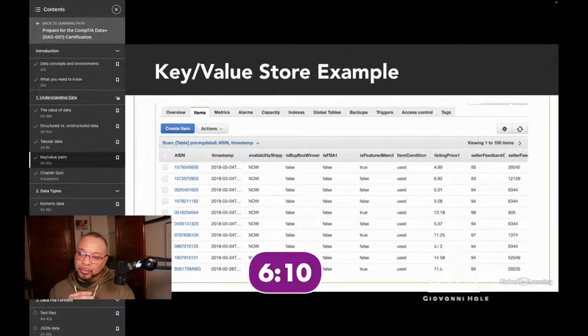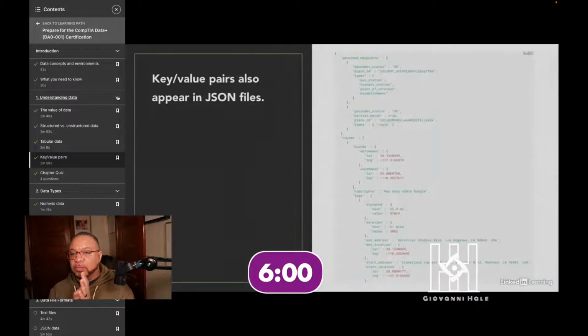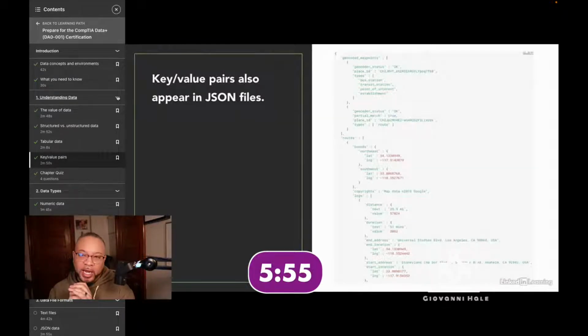When we later need to process a record, we can quickly scan the key value store using the ISBN and the time period in question to get a view of what the used book market looked like at that moment in time. Now, those are two examples of the ways that we can use key value pairs in a non-relational database. But key value stores aren't the only place that key value pairs appear. Later in this course, you'll see how they also appear in JSON files.